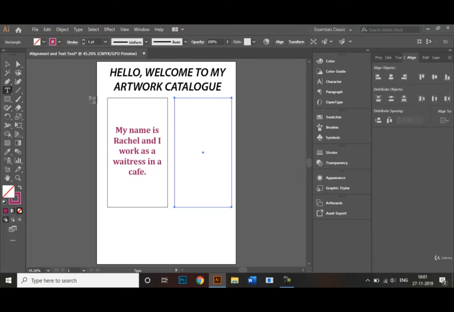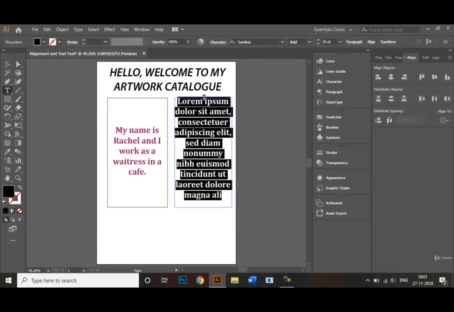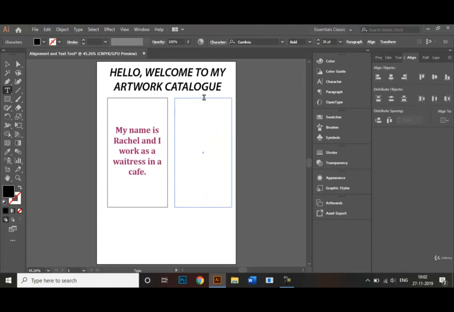Now instead of making a type box inside my rectangle, I'll use the rectangle itself as a path for my text, right? So to do that, we take our mouse over to the outline of the box and just click on it, right? So automatically the text now takes the rectangle outline as a path to fit in all our text, right?